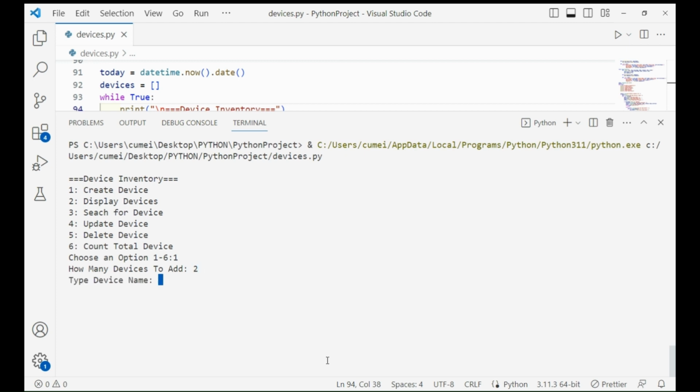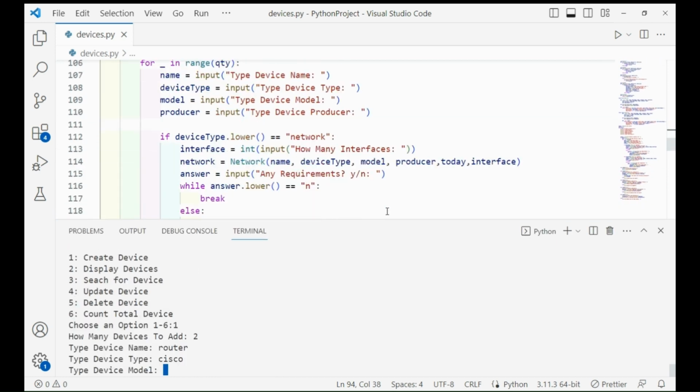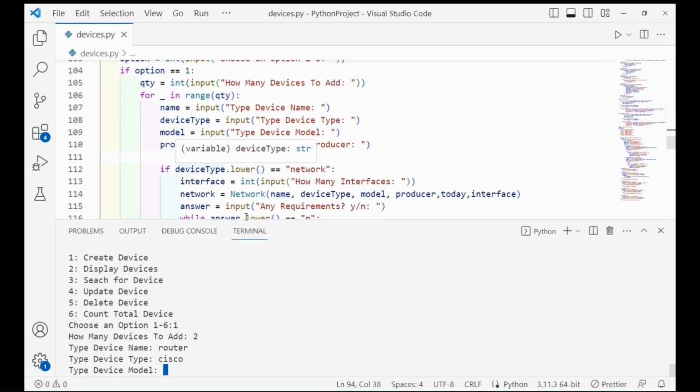Then type device name. Remember, okay, yeah, device name. Let's say router. Device type. Let's say Cisco. And oh, wait a moment. Let's see how we made the comparison here. So it says if device type. Okay, there is a mistake here because this should be,